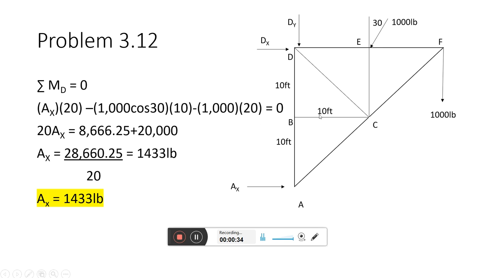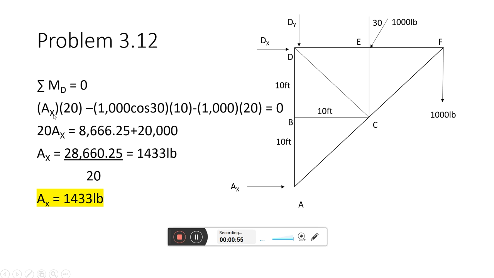In order for the truss to be in equilibrium, each of these joints has to be in equilibrium. And in order to evaluate those joints, we first need to find these forces, Dy, Dx, and Ax. So we take the moment around D,